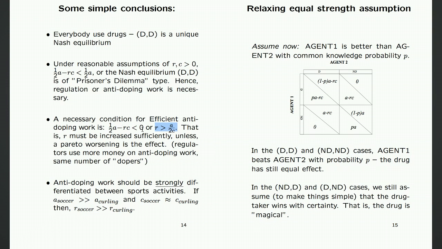Okay, that's kind of what this says. So what you could do is to kind of divide money more evenly among competitors. That would actually have a positive effect on doping.